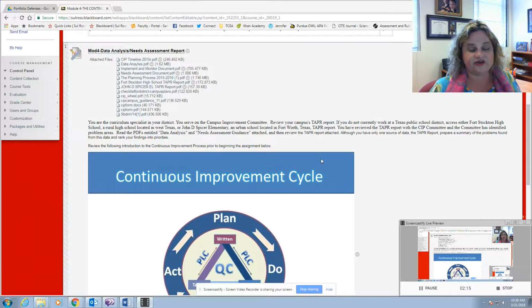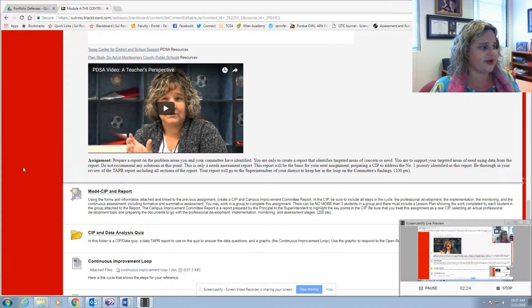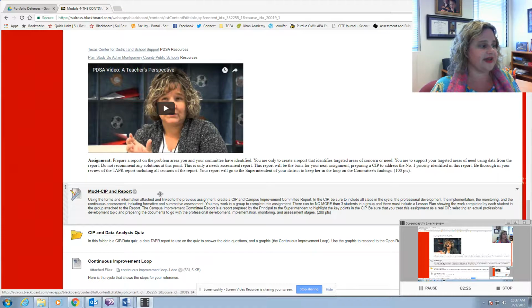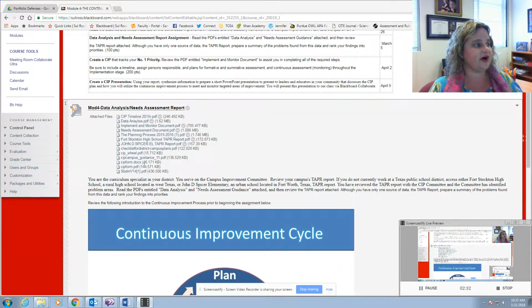This next week, you are really now working on your campus improvement plan. For that piece, you are going to create a campus improvement plan and report. So you're going to go up to these forms that are here in your module 4, and I have given you a lot of information on what a campus improvement form looks like. In fact, I've given you a document. So you can download the CIP form.doc or the PDF, and you can use that template if you wish,